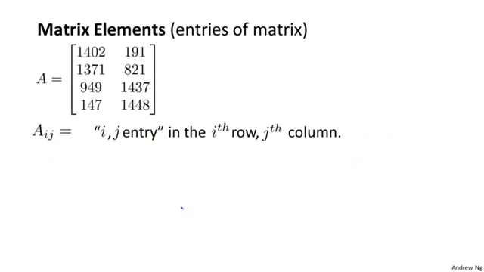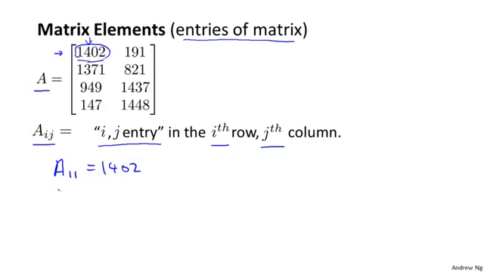Next, let's talk about how to refer to specific elements of the matrix. And by matrix elements, I just mean the entries, the numbers inside the matrix. So in the standard notation, if A is this matrix here, then A subscript ij is going to refer to the i, j entry, meaning the entry in the ith row and the jth column. So for example, A11 is going to refer to the entry in the first row and the first column. So that's the first row and the first column. And so A11 is going to be equal to